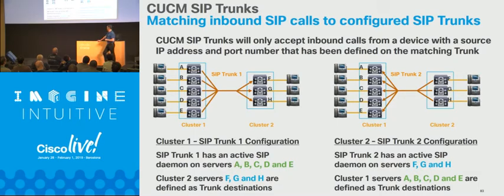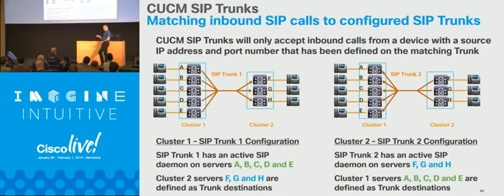The way that works is, on this side, I'm running on all nodes, and I'm pointing to these 3 destination addresses. On this one, I'm running on these 3 IP addresses, and I'm pointing to these ones. When a call comes inbound into this cluster, let's say to this node F, the way I'll match it to a configured trunk is I'll look at the source IP address. The source IP address I see that invite coming from, I'll see whether it matches a destination address in the configured trunk here. And that's how I match